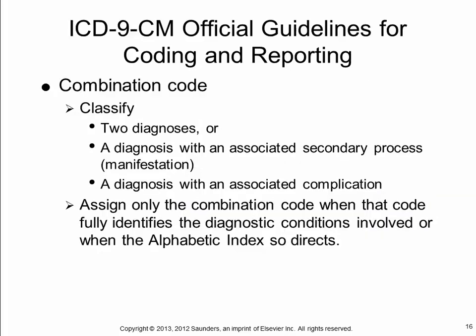Now, let's say you have a combination code. So what is a combination code? Well, a combination code is kind of like a compound word. It's one code that can classify two diagnoses, okay? It could be a diagnosis with a secondary process or a diagnosis with an associated complication,